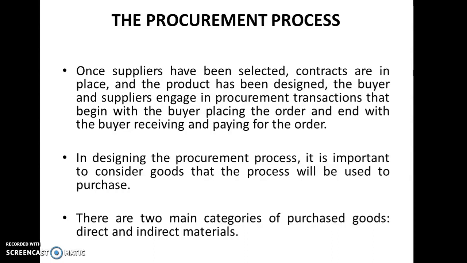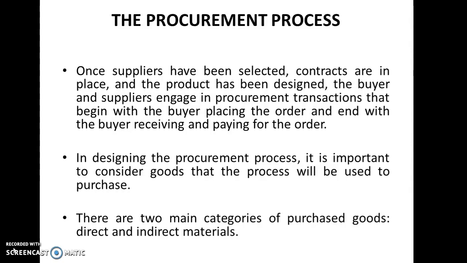Then establish the contract with the suppliers. The next one is design collaboration. That means manufacturer and suppliers collaboratively design the product. Finally, the buyer places the order. That means the manufacturer places the order with the supplier for procuring the products. Then the supplier will supply the products as per the order. After getting the products, the manufacturer will pay the amount for the order.